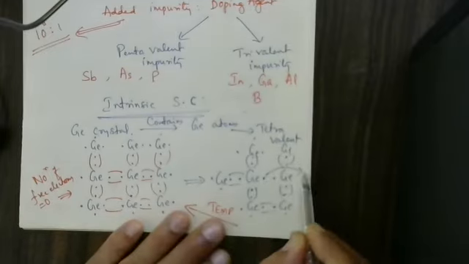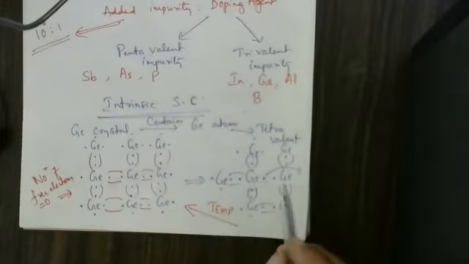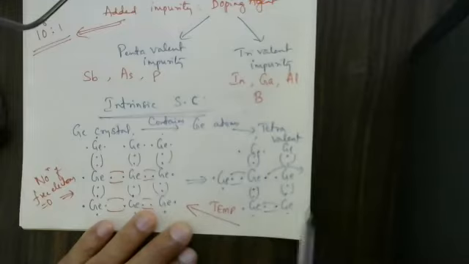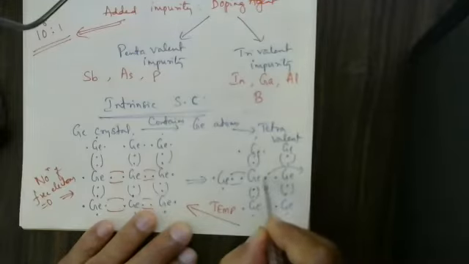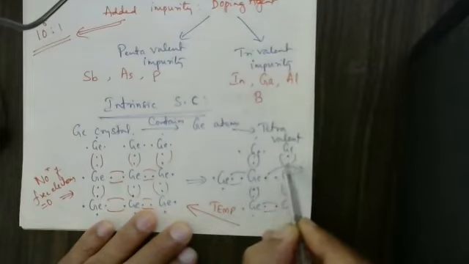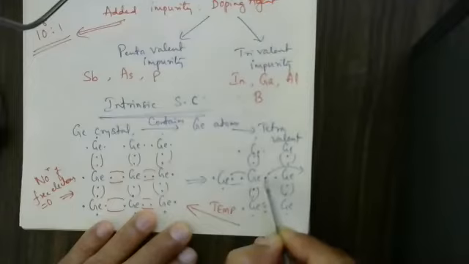Once this is moving from here to here, here there is a vacancy for the electron. Here the free electron is coming. The free electron which is moving here, and this vacancy must be packed up. This vacancy is going to get closed by another electron moving from here to here and occupying here. Before occupying, here there is a vacant space. That vacancy is called by the name hole,